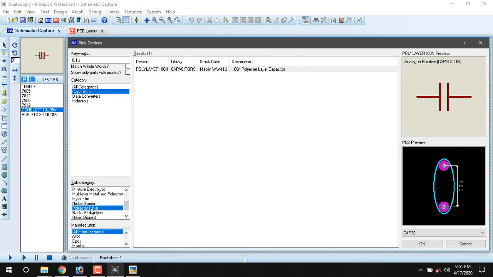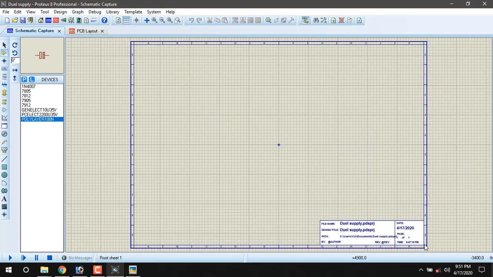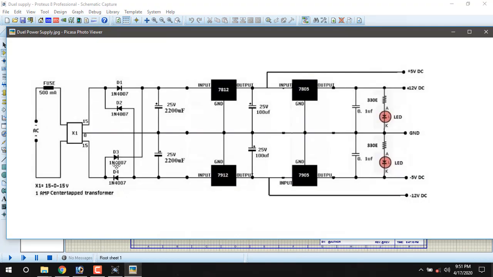So I selected polyester layer in category capacitors and subcategory polyester layer. I choose this one. We chose 4 diodes, 2200 microfarad capacitors, 4 regulator ICs, 100 microfarad and 0.1 microfarad capacitors.